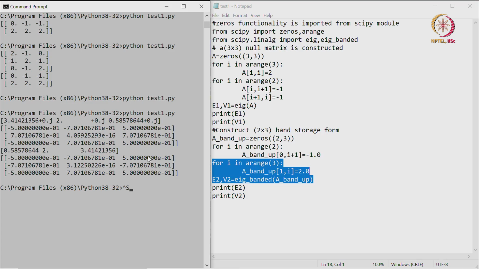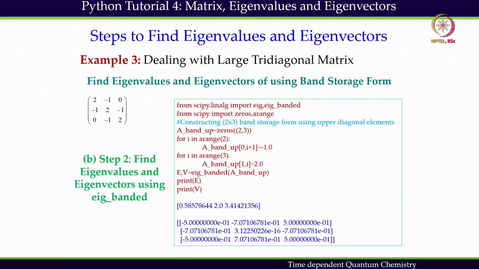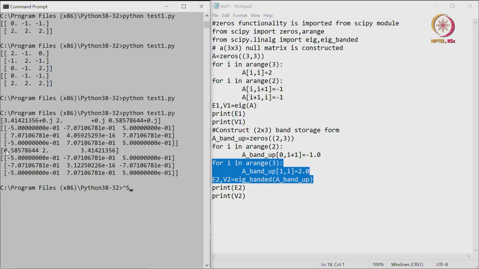In the band storage form, the values are 0.58, then the second one is 0.2, the third one is 3 point something, and that is exactly what we get: 0.5, 2 and 3.4. These are the three eigenvalues we get. On the other hand, corresponding to 3.4, I have this eigenvector